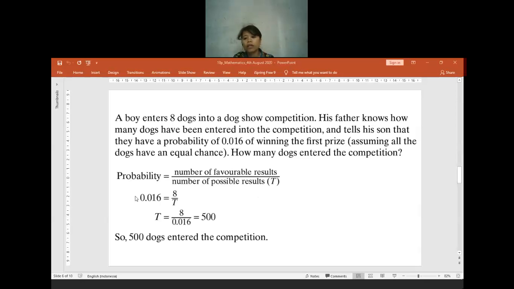Is there anyone having any question? Okay, if the one that you are looking for is at the denominator, you will be doing division, but if the unknown one is at the numerator, you will do multiplication. If in case you forget when you have to do division or multiplication, it depends on where the unknown one is. If the unknown is at the denominator, you have to do division. If the unknown one is at the numerator, you will have to do multiplication.